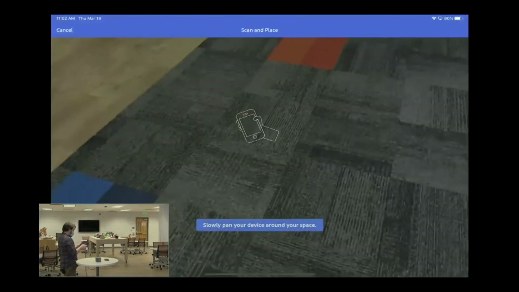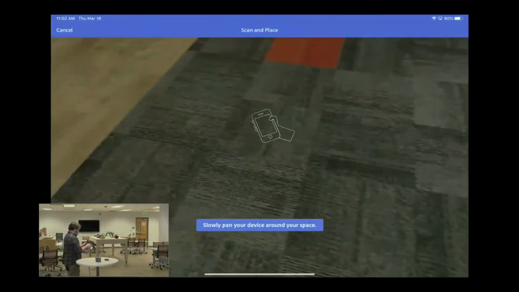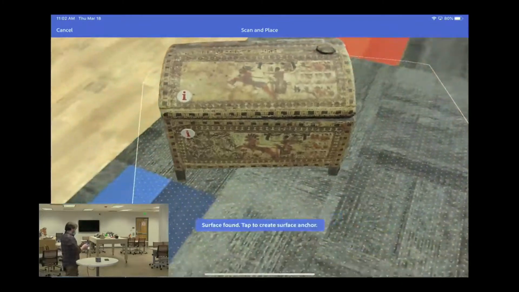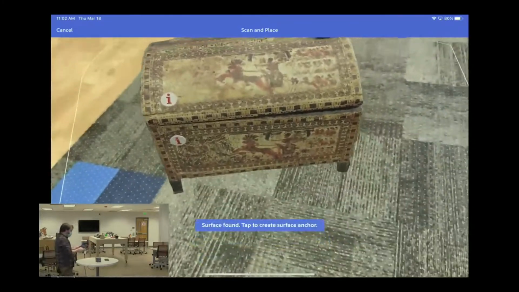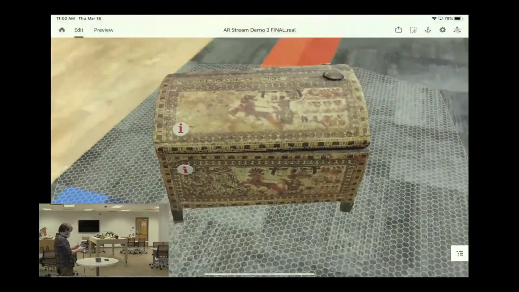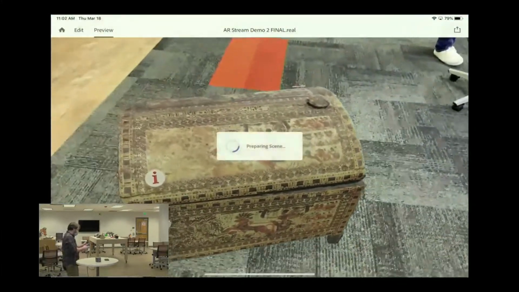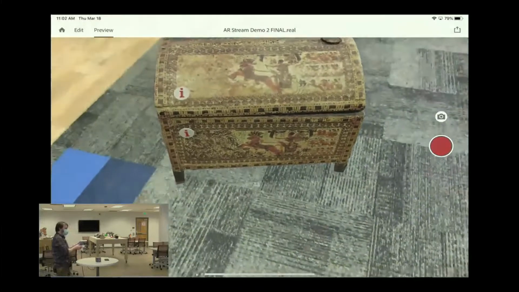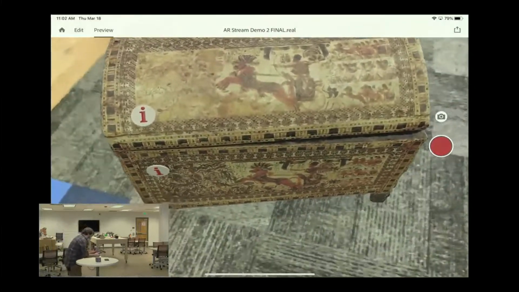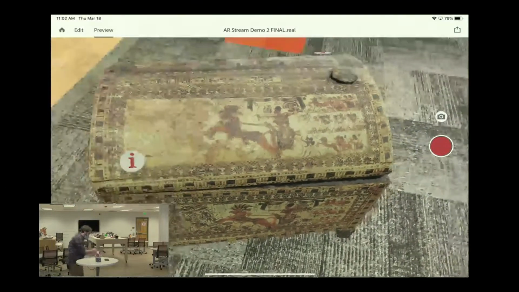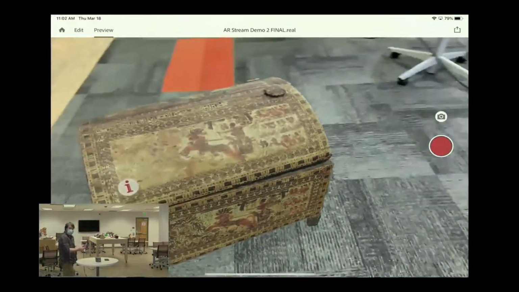And I'm going to load up this scene. Pan around here. All right, so this is something I did previously, and it's really easy to just pull it up. All right, let's go ahead and hit preview here. Okay, so what I'm going to do now is go ahead and walk around this, and you guys hopefully should